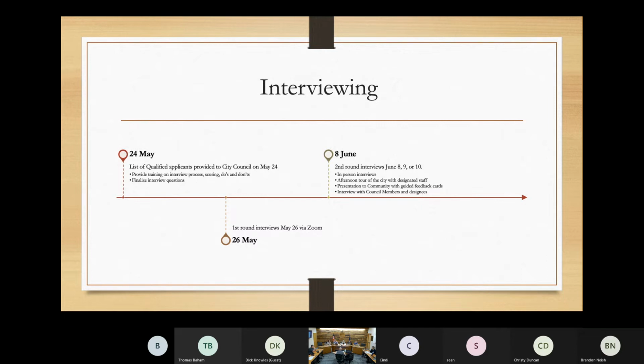Yeah, it's kind of scary and it puts them on the spot, but I think it would tell us a lot. Absolutely. And so what I would envision, and of course this is my own vision, is requesting the candidates who are invited to do a presentation. That could be, what is your vision for the city of Sweet Home? That then the community gets to hear what that vision looks like.